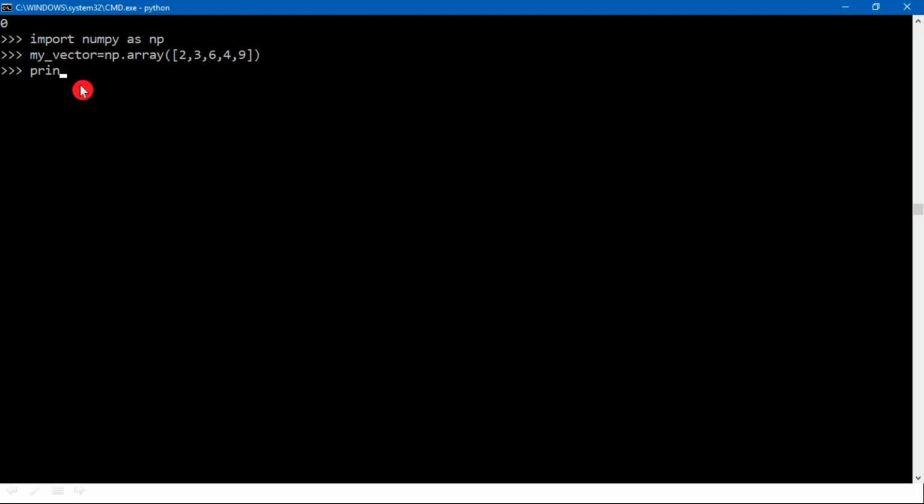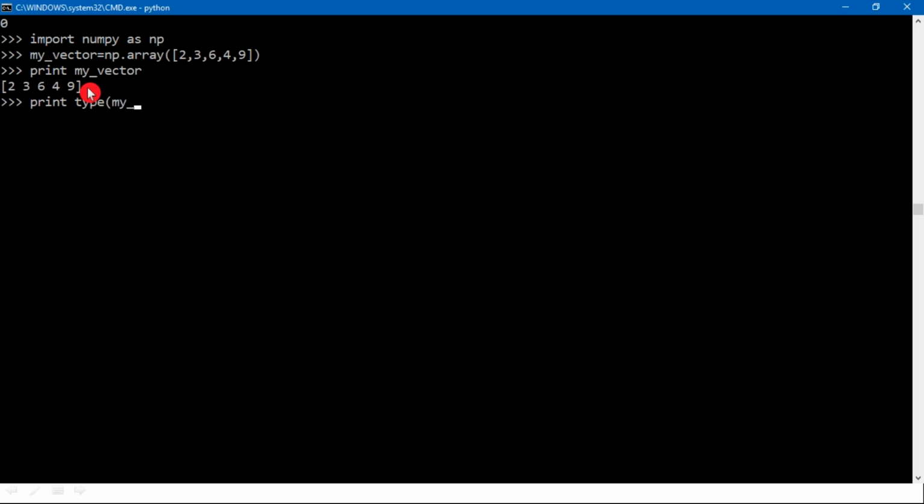Now if you print your vector values, see, this is not a list, guys. Of course you see it with square brackets like a list, but it is not a list. If you want to know the type of a data structure, one of the default functions in Python is type.